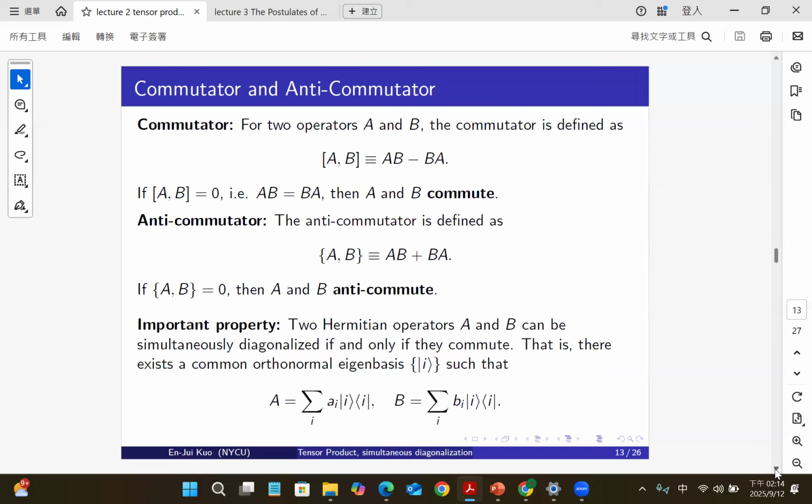And in quantum physics, the professor will tell you a weird result: two Hermitian operators A and B can be simultaneously diagonalized if and only if they commute. I think everyone has heard this theorem. 这个有没有听过？就是老师有跟你讲说为什么要算这个 computation，因为老师说如果他们交换的话，他们可以同时被对角化。我听过这个教科书有讲过这个事情。好，反正 so this theorem tells you that if I give you two matrices, if they commute, they are